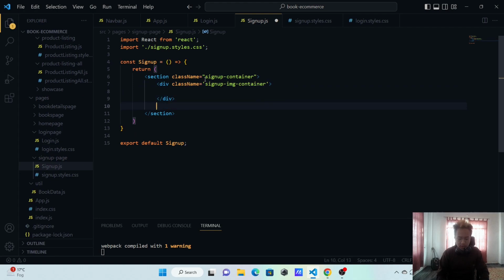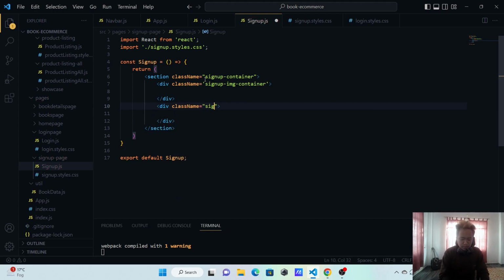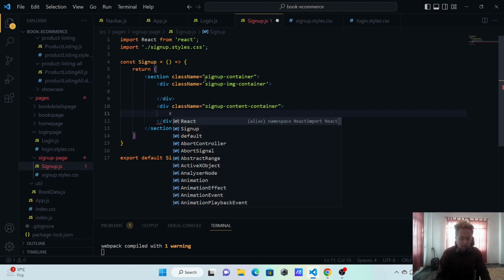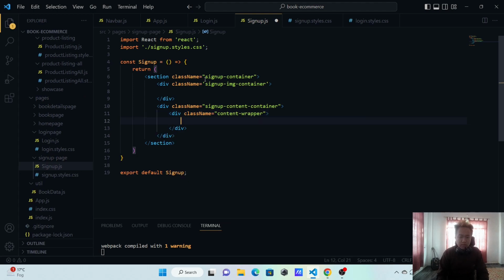And in our another div, I want to have a div of class name equals sign up content container, right? And inside the sign up content container, let's add another div, and that is going to be the wrapper of the contents. So class name equals to content wrapper, and inside this div, let's just create an h2 tag first that's going to say sign up,